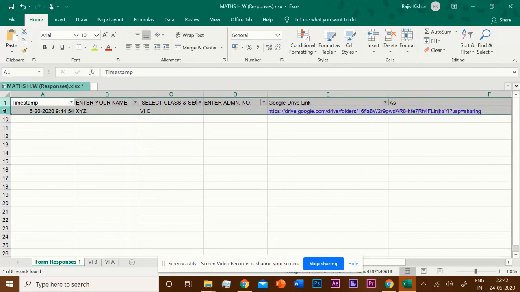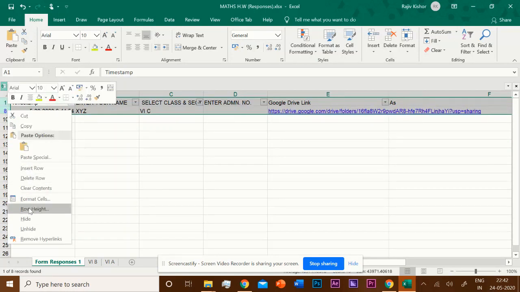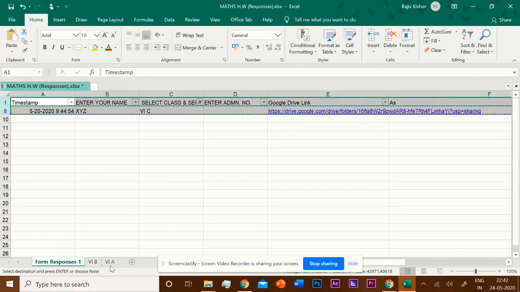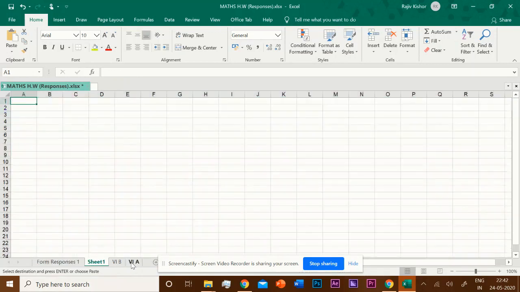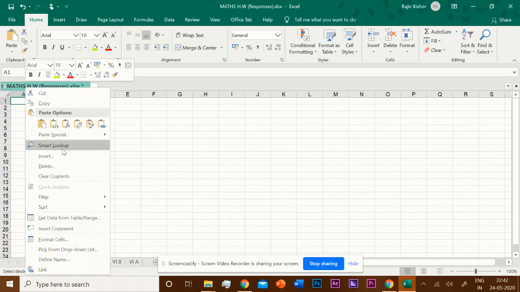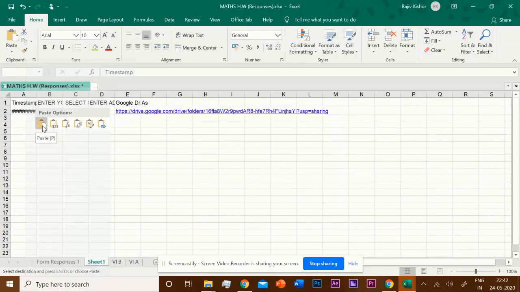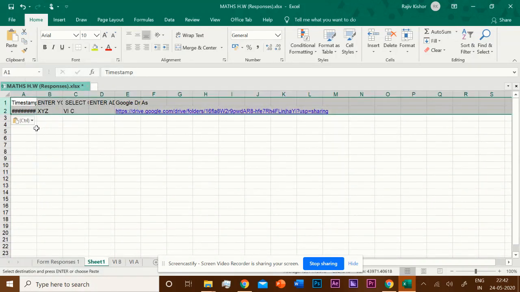Select these two rows, right click, copy, then create a new sheet, then again right click and the first paste option. Sometimes it shows such kind of sign. Actually it means that there is less space.